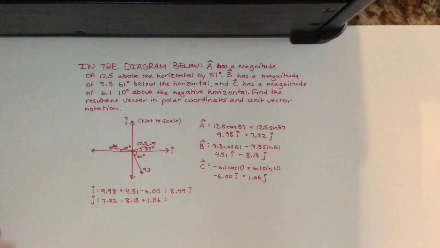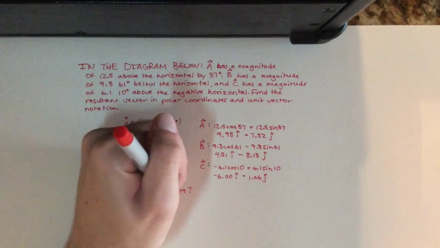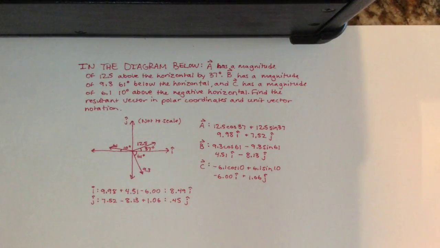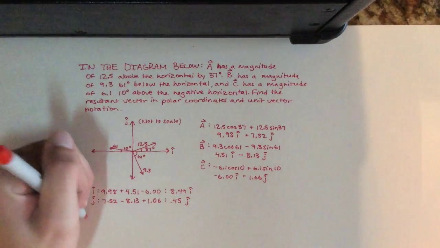You do that calculation, and you get 0.45 positive j hat. Okay, so now you have the i hat and j hat component of your resultant vector, and that happens to be the polar coordinates of the resultant vector. So to answer in polar coordinates,